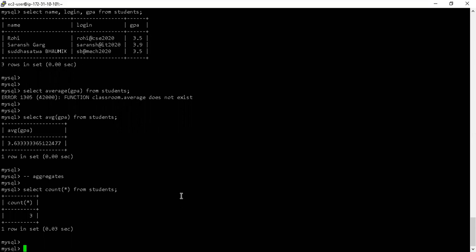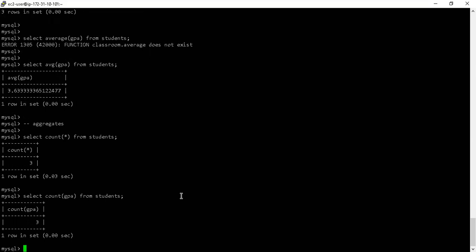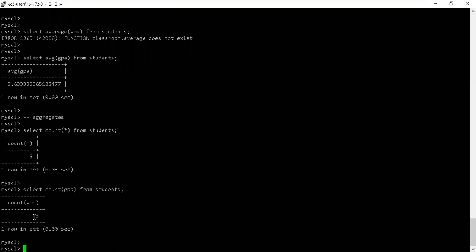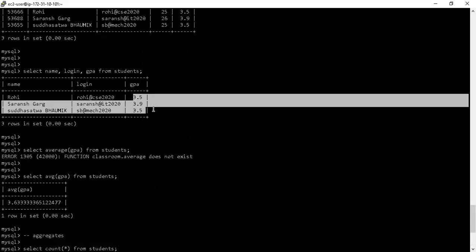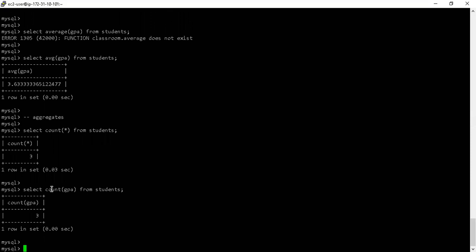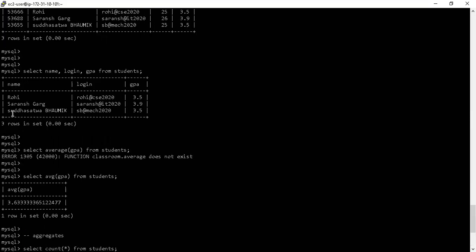But if I just change one thing, GPA, if I just change one thing, okay, here also it is actually representing it as this, because while taking a number, it actually represents each and every number as a unique number. So that's why it is giving it a count 3. But imagine you have two names which are the same.